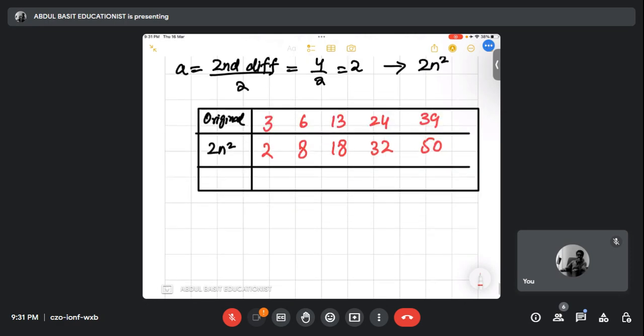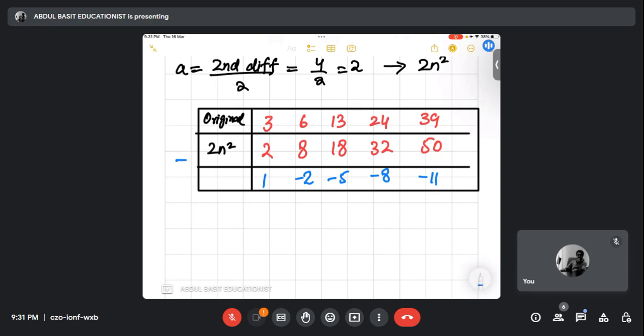Okay. So now it's time to minus it, right, Ramsha? 3 minus 2 is 1. 6 minus 8 is -2. 13 minus 18 is -5. Agree? And 24 minus 32 is what? Please check. नहीं यार, क्या हुआ है? 24 minus 32 इतना कोई बड़ा नंबर तो नहीं है। 8 है, It's -8. Okay, 39 minus 50 is -11. Agree? तो बस अभी हमें पता लग गया कि यहाँ पे 3 का गैप है, ये अरिथमेटिक है। वहां पर